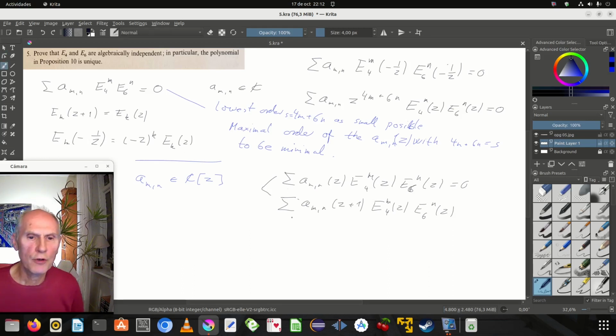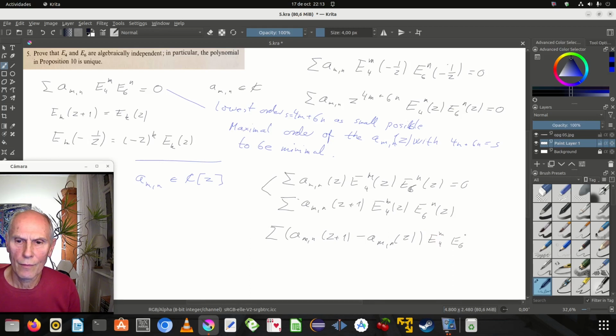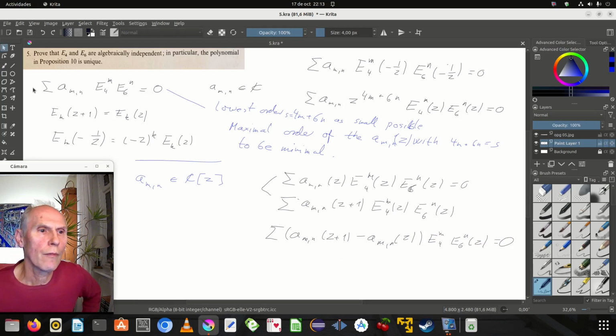And that means that subtracting them gives polynomials of lower order. So if that's impossible, then this must be naught,